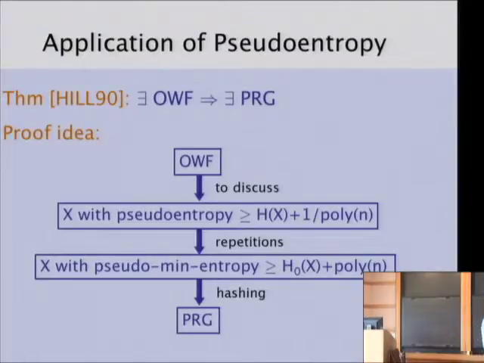And the intuition for the proof is, all right, so from a one-way function, what Hastad et al. showed how to do is build a random variable, one which you can generate samples from in probabilistic polynomial time, where there's a small gap between its pseudoentropy and its Shannon entropy. But there is some gap, so its pseudoentropy is noticeably larger, say by 1 over a polynomial number of bits, than its Shannon entropy. And then by taking repetition, so this is an answer to Mark's question in part, they construct from x a new x that consists of many independent samples of the previous one,